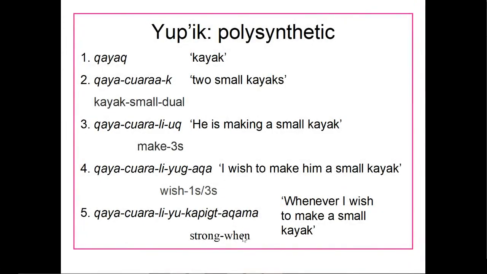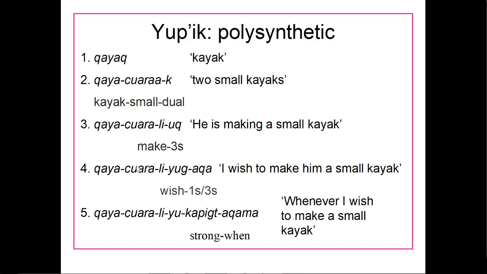Something like Yupik, which we looked at before as well, will actually have many morphemes in a word. So this is what's called polysynthetic. So their word for kayak is just kayak, basically. But then they have their word for two small kayaks, just this one word here with a few other morphemes. So in English, we had three words for that. They have one word for